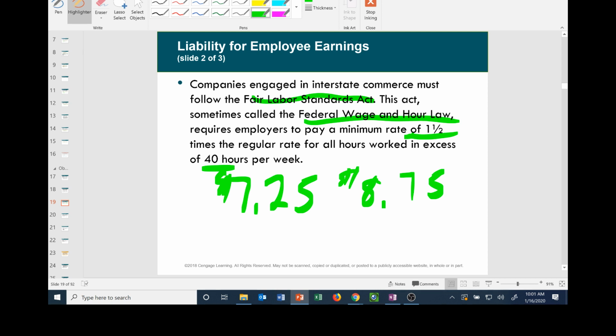Some of your old introduction to business books, or even maybe a marketing book, describe the basic necessities of life. What are your basic necessities in life? Most books gave 3. Food, clothing and shelter. Okay, food, clothing, shelter. But I would add transportation to that. I think transportation is a basic necessity, along with the other 3, food, clothing, shelter. All right, so I hope 8.75 is not your main goal in life.